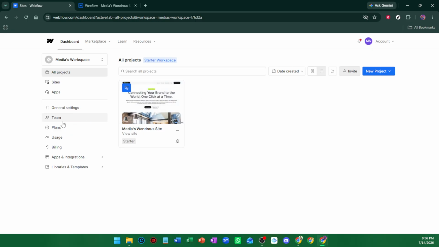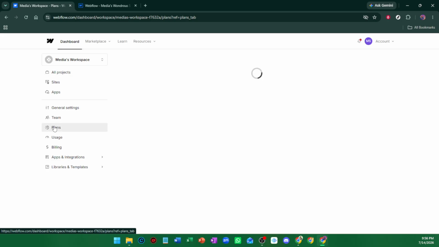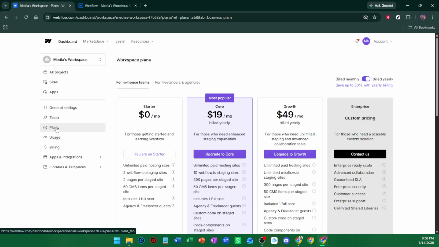This section is where Webflow displays the available pricing options for your workspace, along with the features included in each one. If you've never visited this page before, it's a good place to compare what each plan offers before making a final decision. Once you're inside the plans area, select either the For In-House Teams tab or the For Freelancers